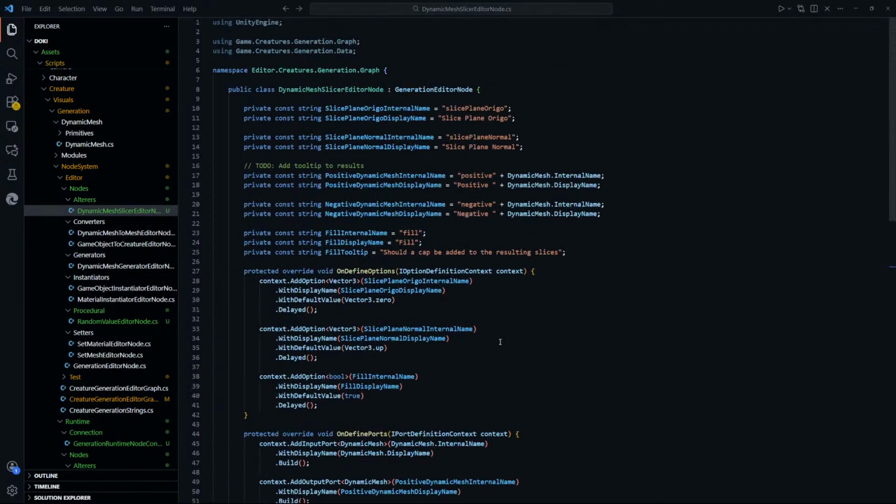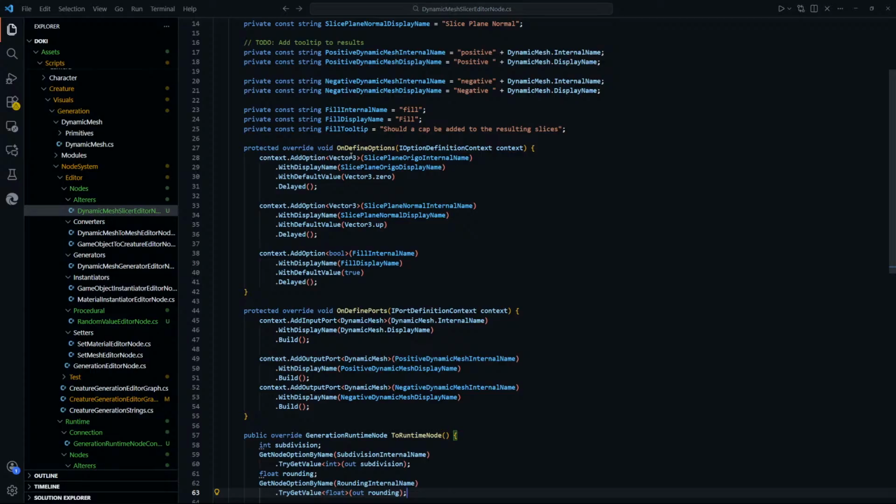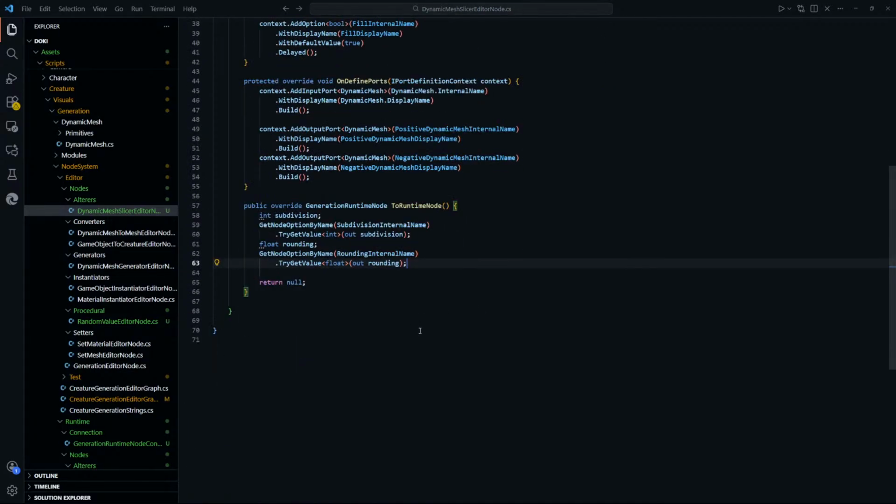So we want a vector3 and a boolean. Let's change this one to slice plane origo,